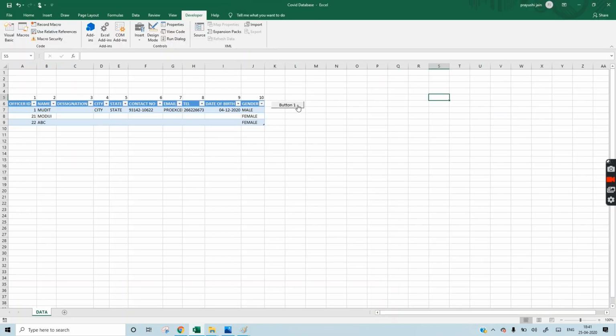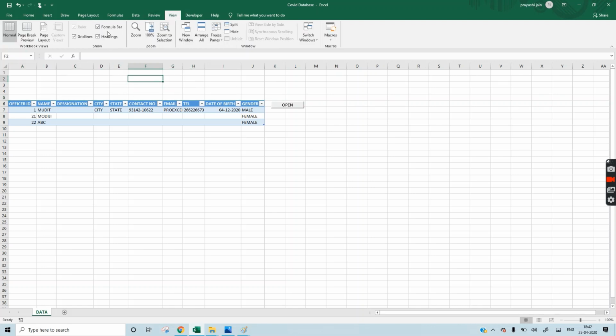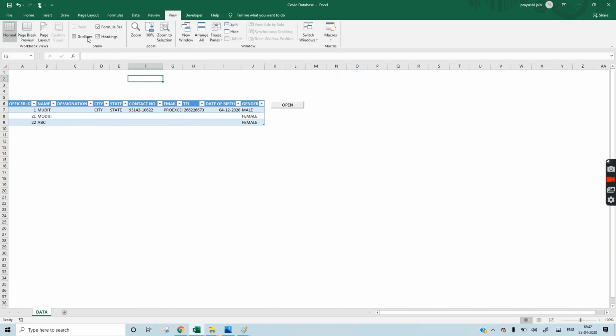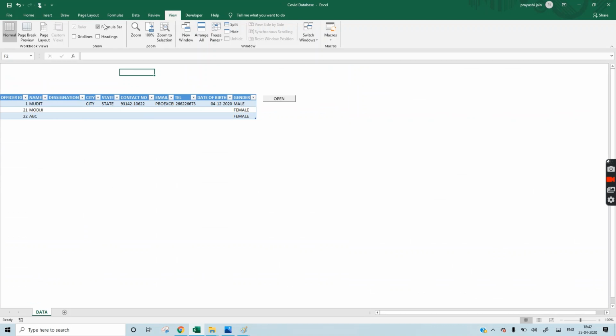We can change the text by edit text. Now for formatting, I'm doing this. You can go to View, remove grid lines also, headings also, formula bar also.